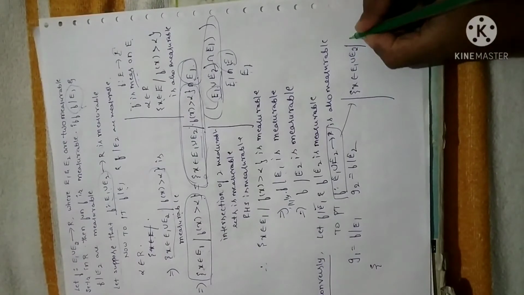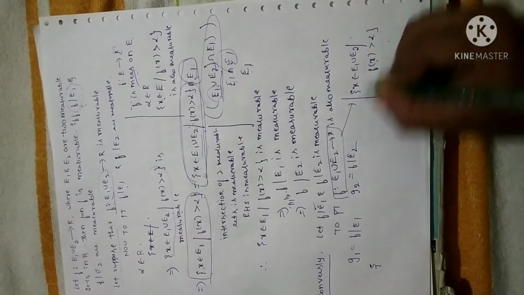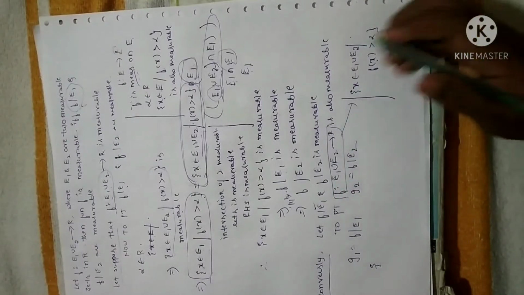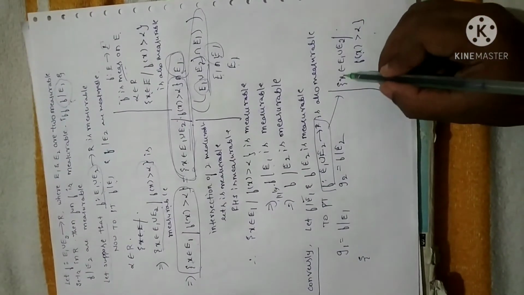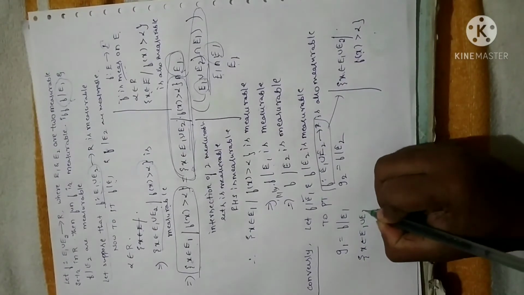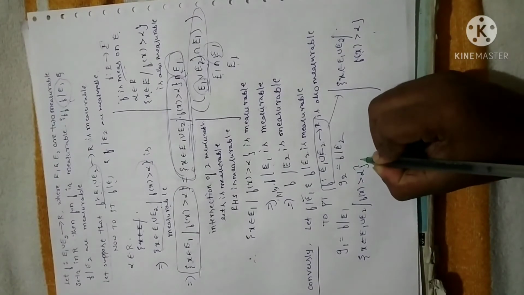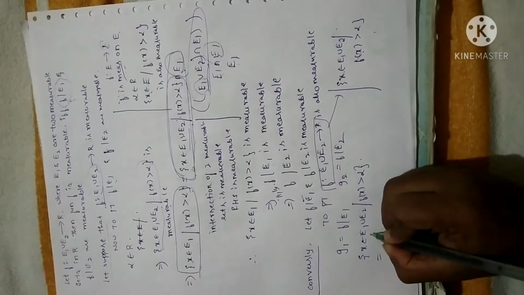The idea should be there. So that is why I am telling you, the set of x where f of x greater than alpha is measurable. If you prove this statement, it is true that f is measurable, right? So I have to prove this. Now let me rewrite this as: consider x belongs to E1 union E2 such that f of x greater than alpha. Now I can write this as,